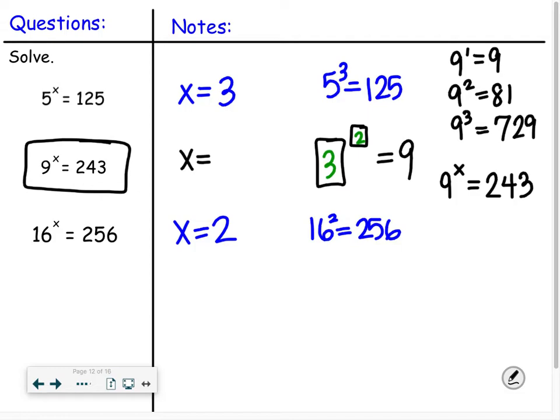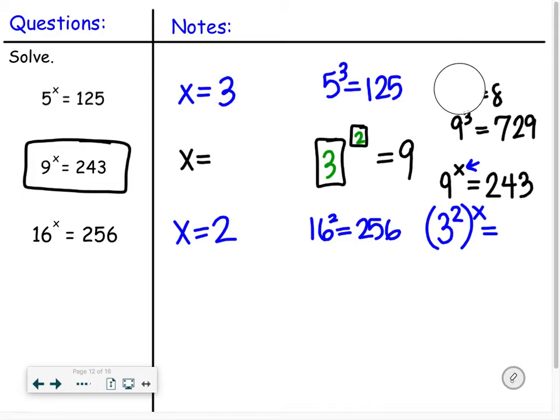I think I just said that wrong. We're going to write them both as powers of 3. Okay, so 9 is 3 squared. There's an x right here, so I still need that exponent that's an x. And 243. If I write out powers of 3,